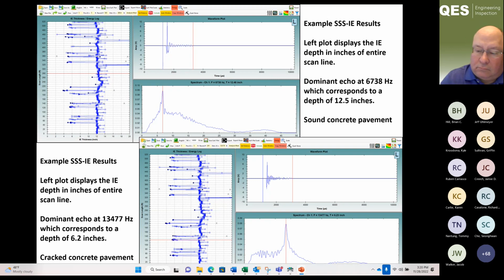The plots there on the left, again, show one whole scan line about 500 feet long, and it's the data points off to the left, those are the ones where we're getting those thin echoes, those cracked echoes, and we notice that they're very periodic. So if we go to the next slide,